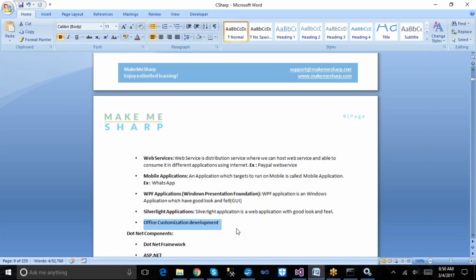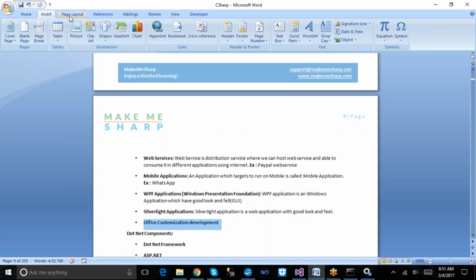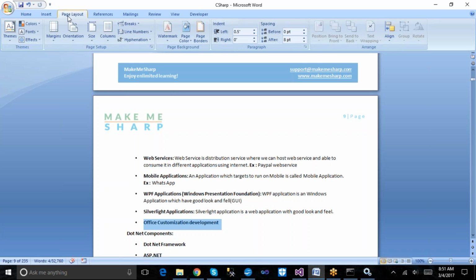But if I want to extend the functionality, I have the ribbons here. Home is there, insert is there, page layout is there. Like that we do have the ribbons here. I want to add one more ribbon with our required name, to do some kind of functionality.